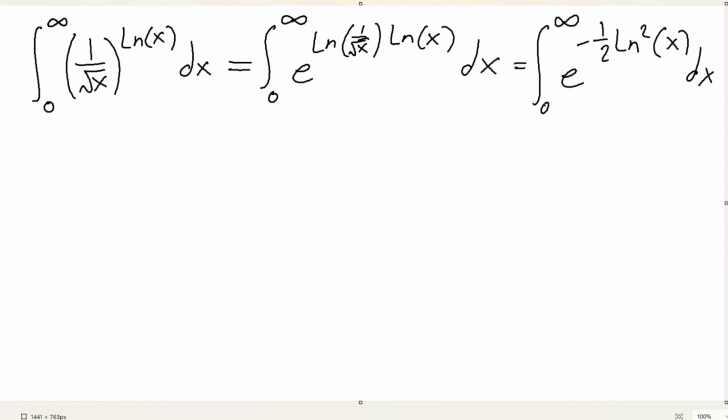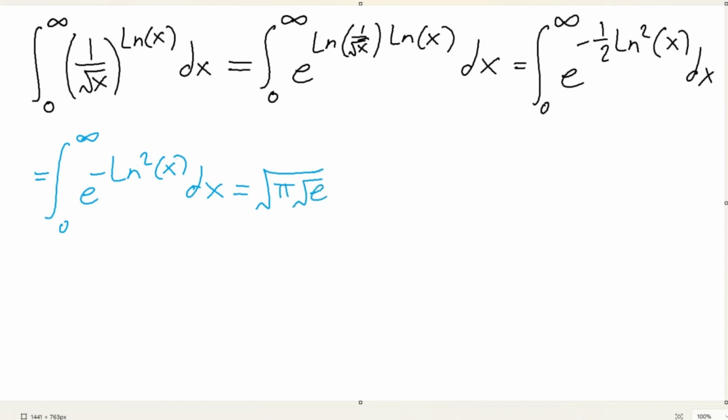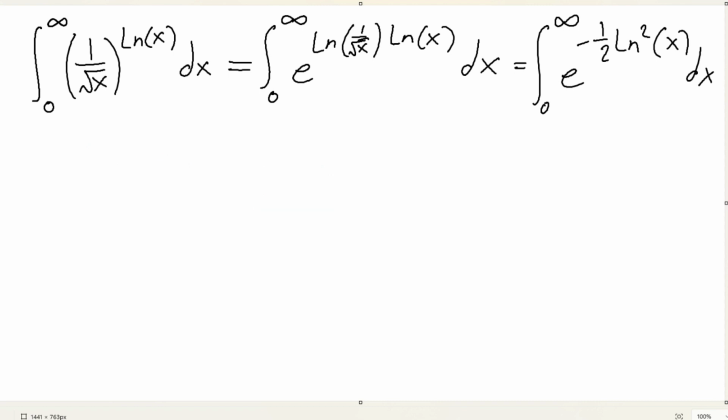Does this look familiar? Remember this? And that it had a very beautiful answer, like root pi over root e. Do you remember? Something like that. That's not going to be the case here, because if we let u equal ln of x,